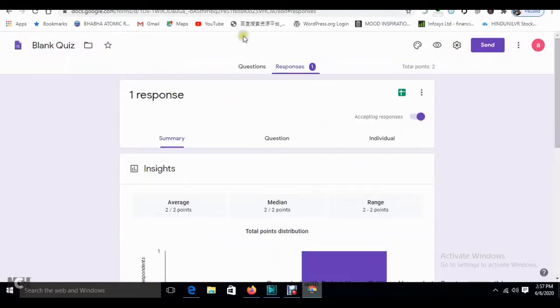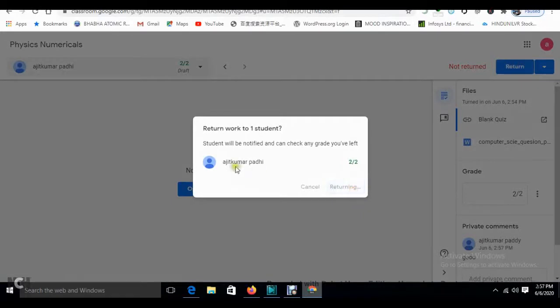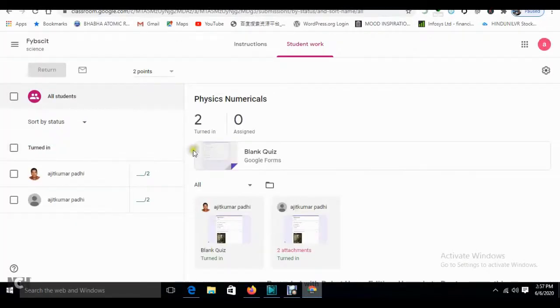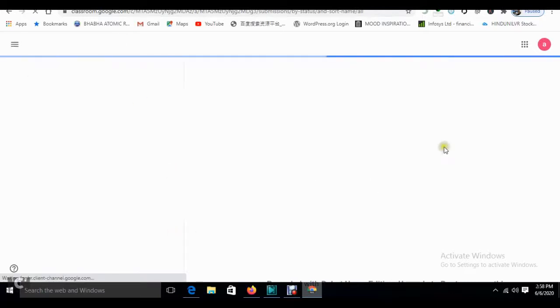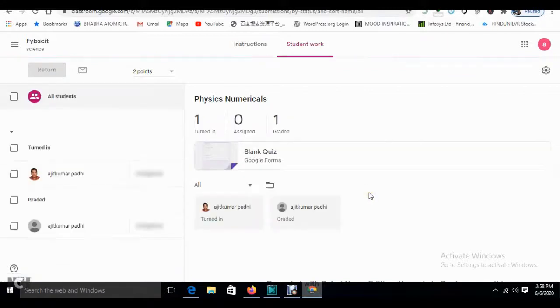Okay, and again here also you can take this as 2 out of 2 and comment as good. You can make post and again return. See, if you have okay done, see over here you could see as this he had assessed. See, this as assessed and good.